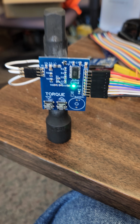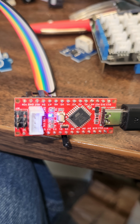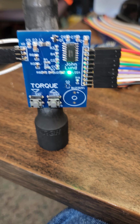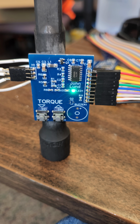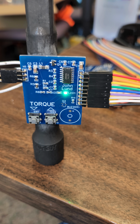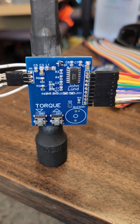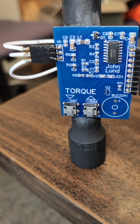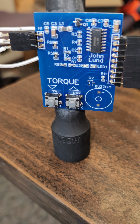I want to show you the way mine works. I don't have a screen on mine because I think you all used them all up. There's none left right now. But I have mine sort of working without it. If I unplug it and plug it back in, I kind of need three hands to do this. So when I plug it back in,